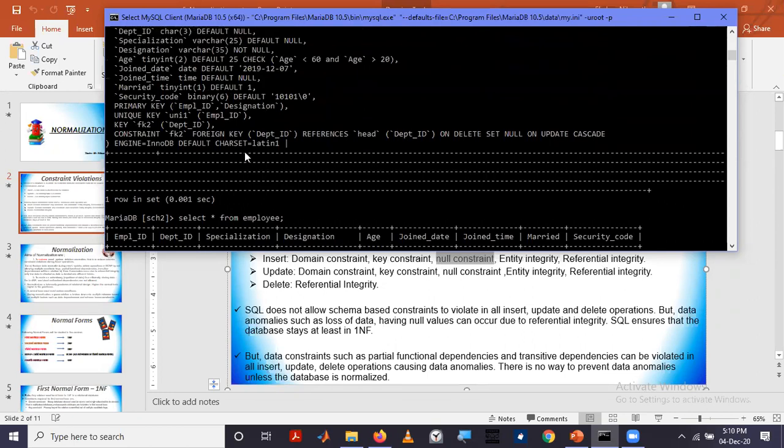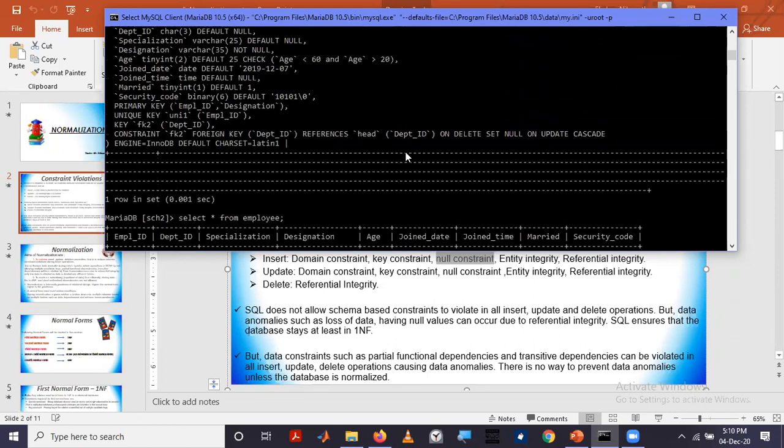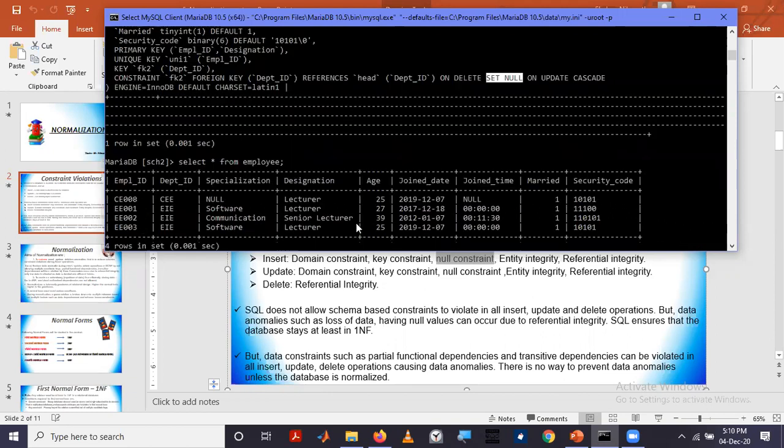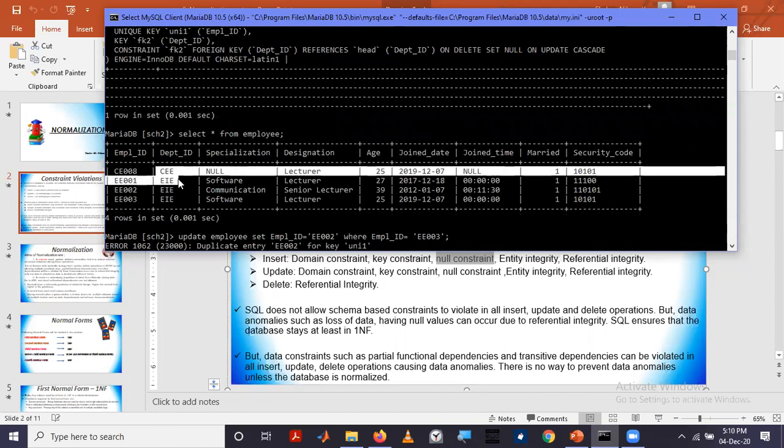So if you look at here, there is a foreign key referring from this table's department ID to the head table's department ID, and if the entry in the head table is deleted, the values in this table will be set to null.